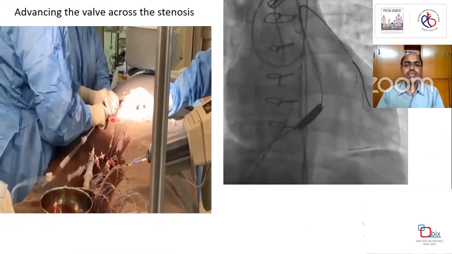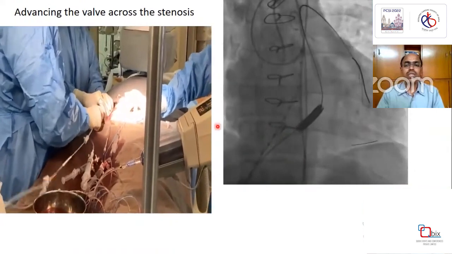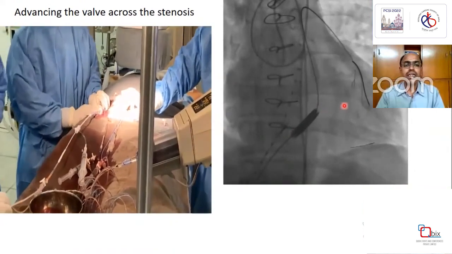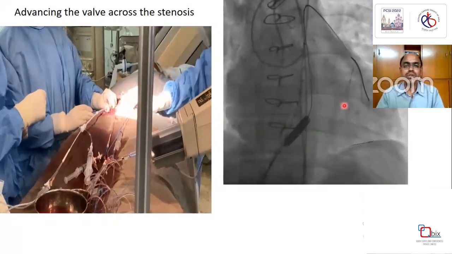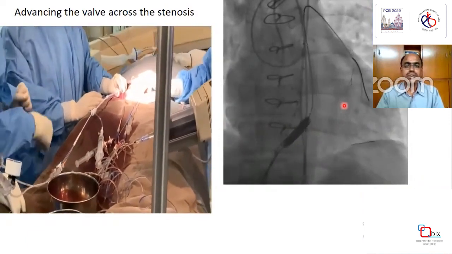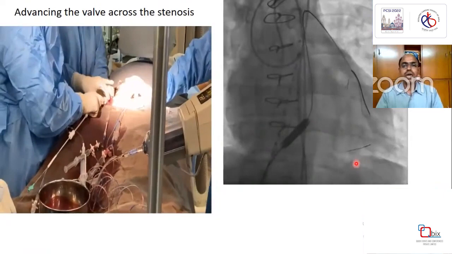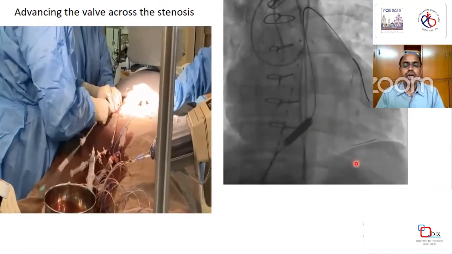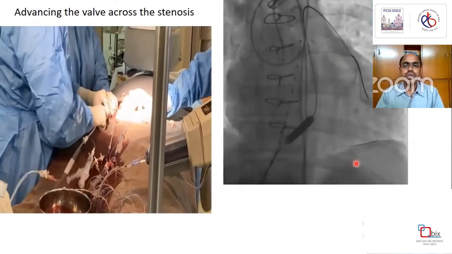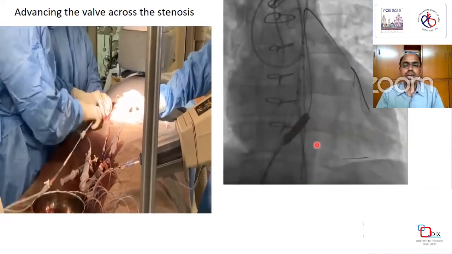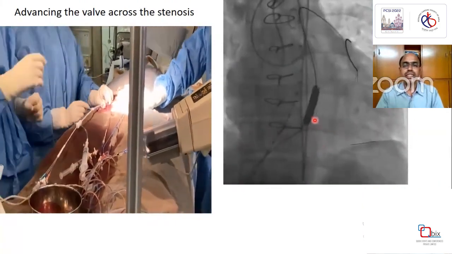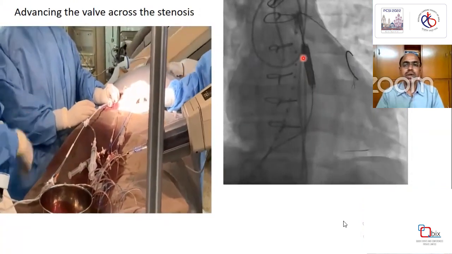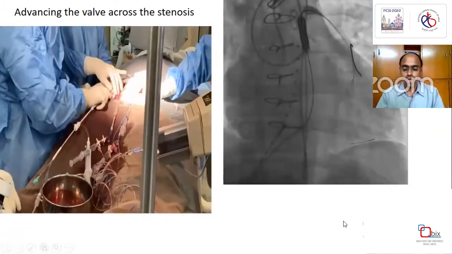So with this movement, slowly the valve was getting progressively into the conduit. And after the conduit was finally entered by the valve, as you can see in the next few seconds, here it is slowly getting into the conduit. And once we have